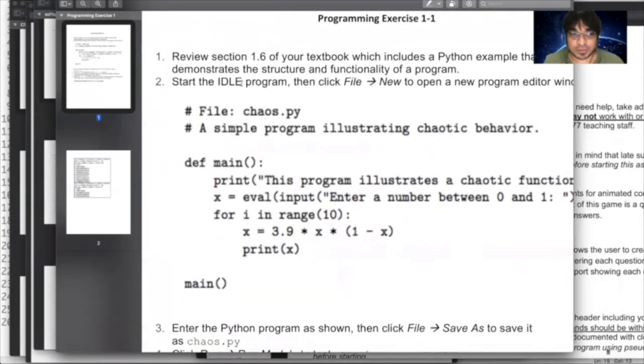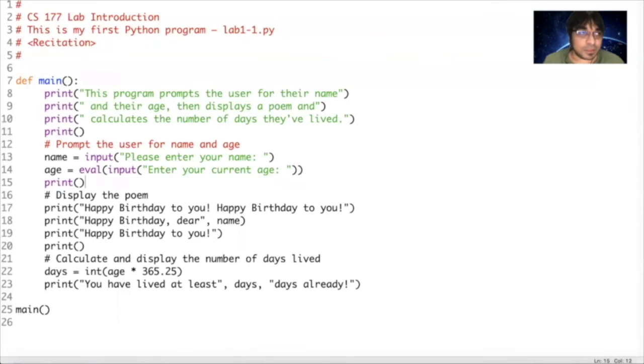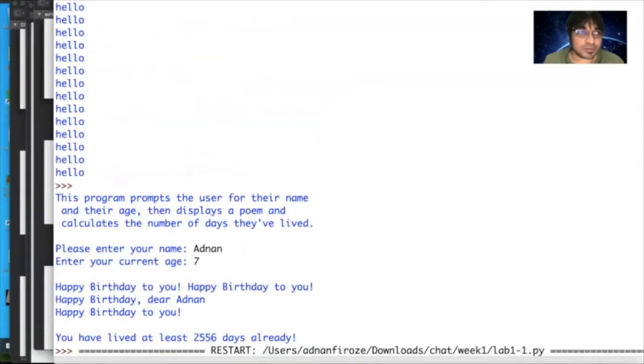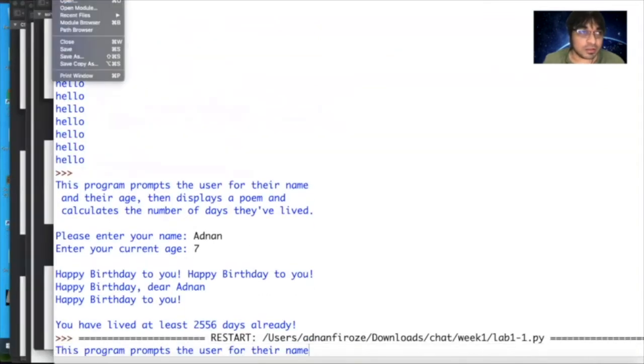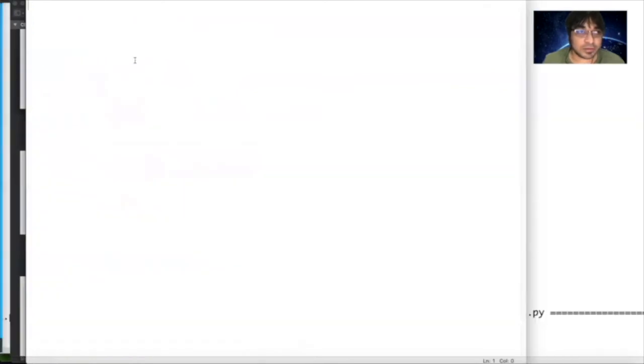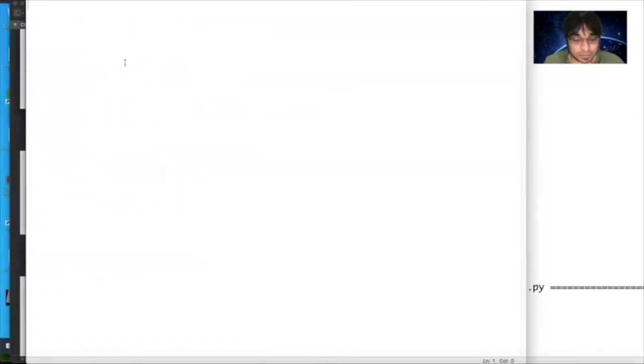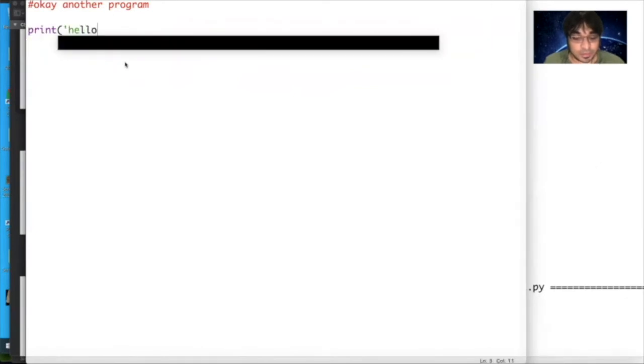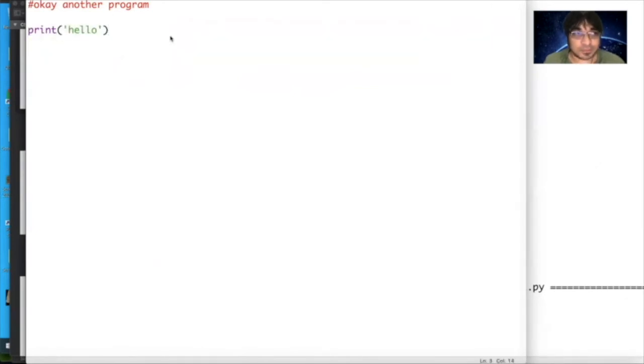Then let's start IDLE by doing File, New, and start a new editor. Just for demo purposes, let's do that. File, New File, and there you go. You can write, okay, another program, print hello.